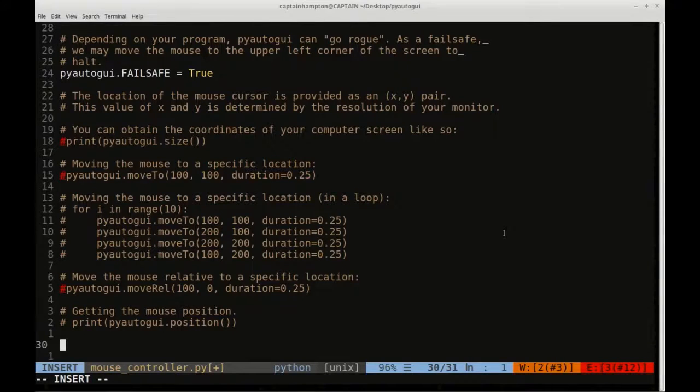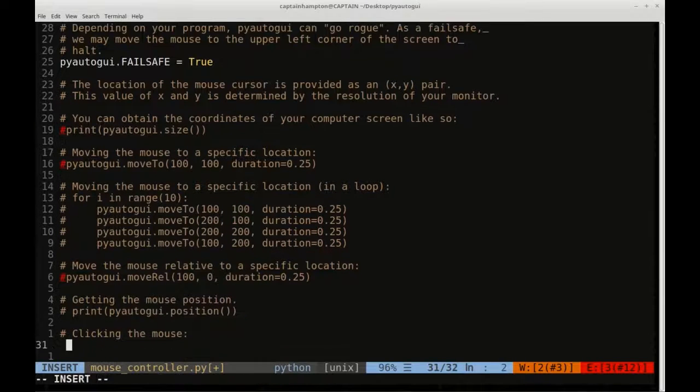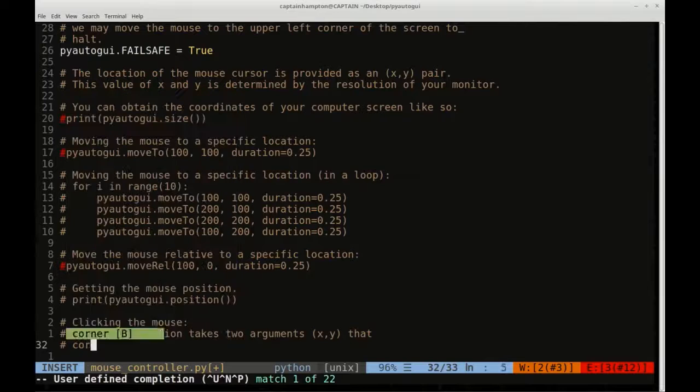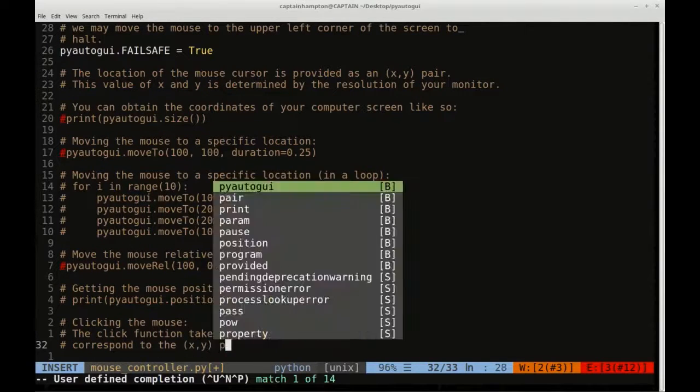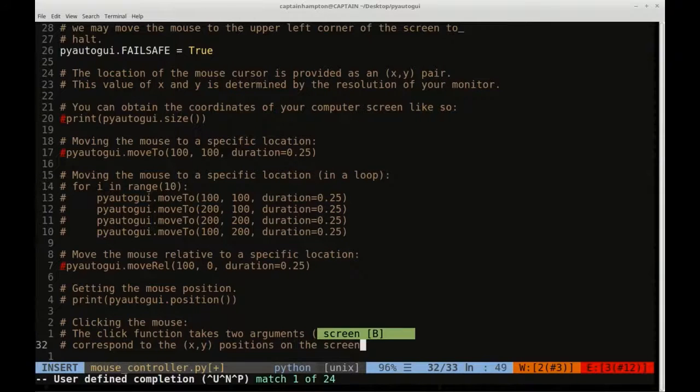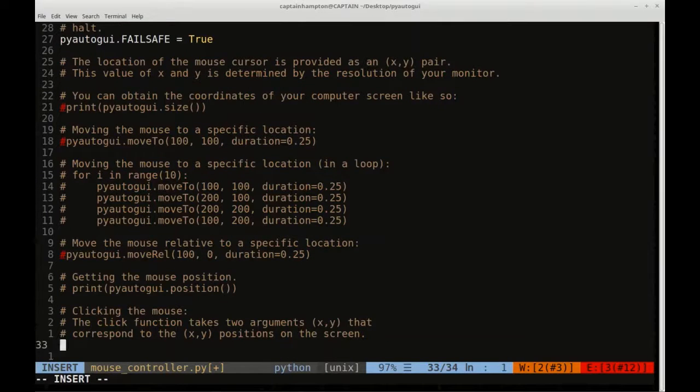So if you want to click the mouse, so I'll say clicking the mouse. The click function takes 2 arguments. You can guess what those arguments are. They're the XY pair of where the mouse cursor is currently on, which correspond, of course, to the XY positions on the screen. So if you click some area, then you can give it an XY pair and it will click on that